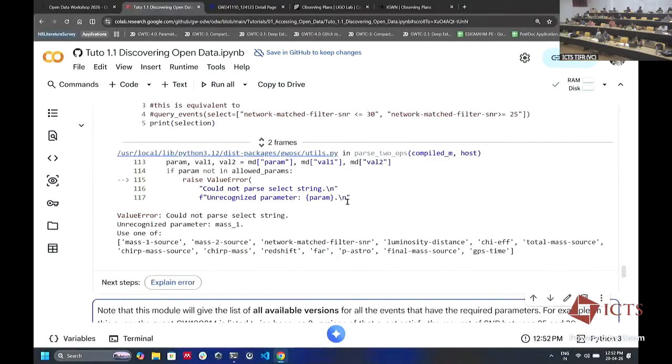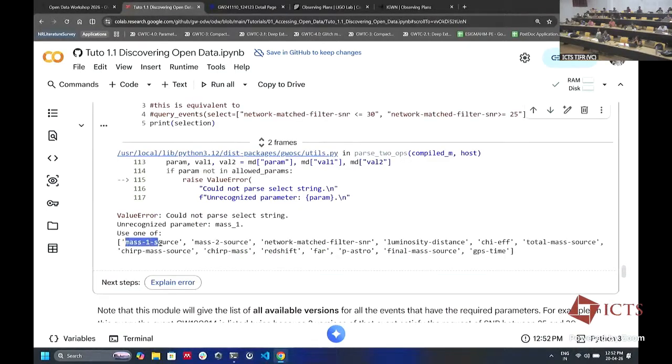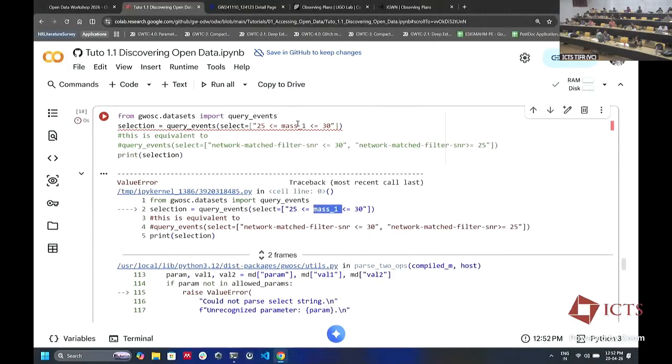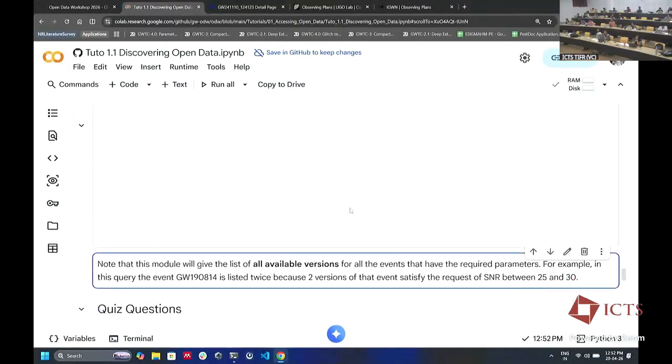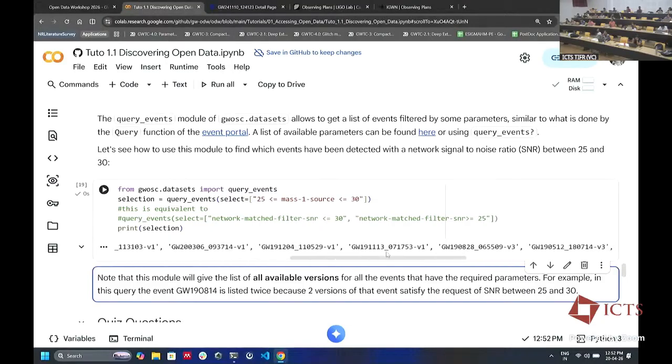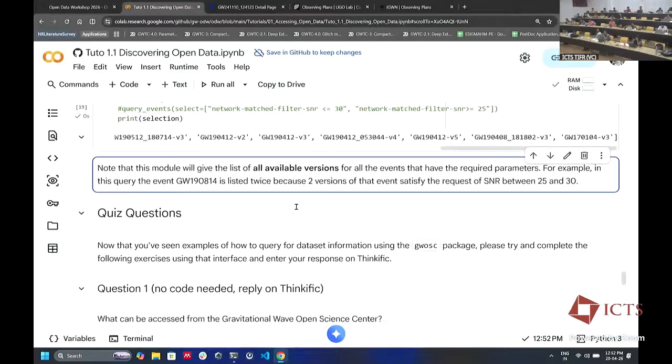Let's see if it works. It doesn't work because the key is slightly different. So this is a list of all events which have this mass. Something you could use if you have a science case of that form.